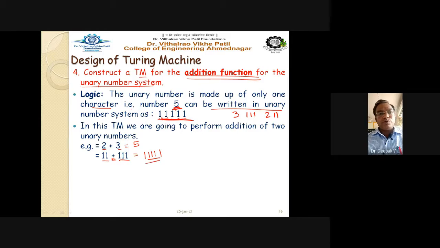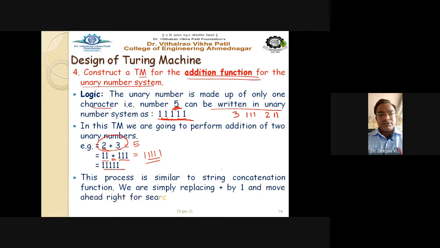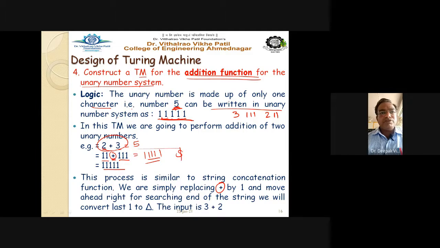So the output has five ones, the addition of the two unary numbers. This process is similar to the string concatenation function. We are simply replacing the plus. In the previous example there was a dollar symbol, but now here it is plus.